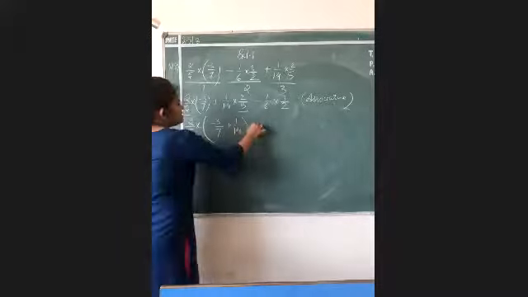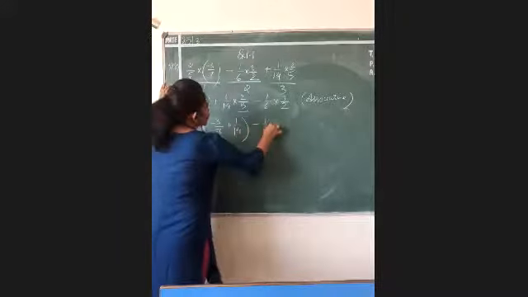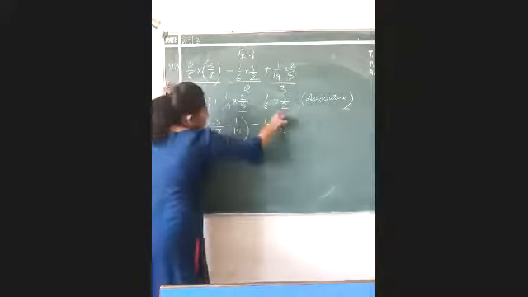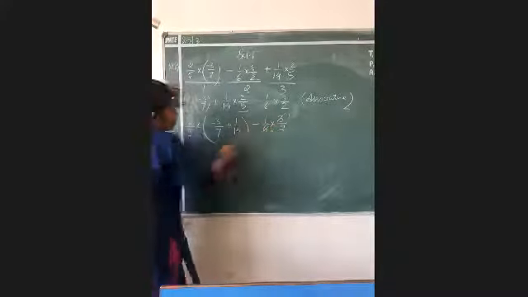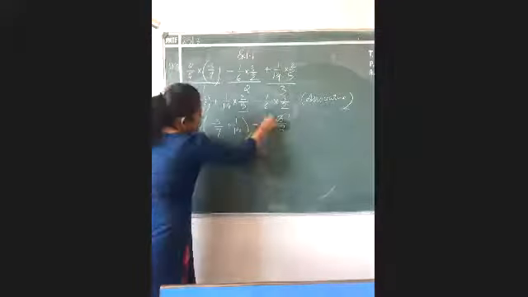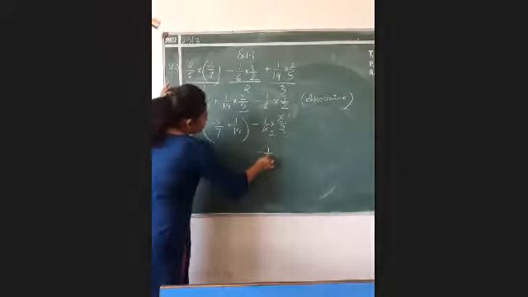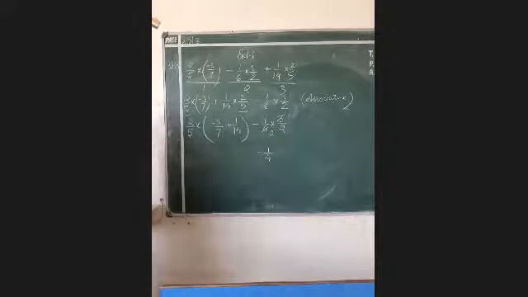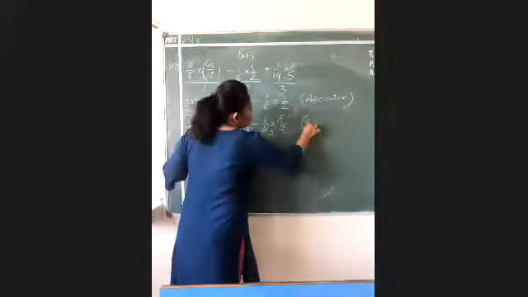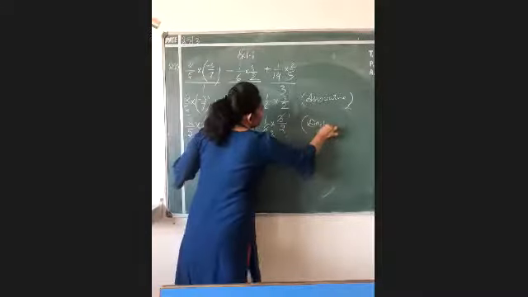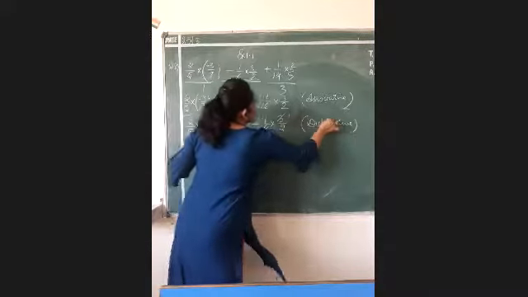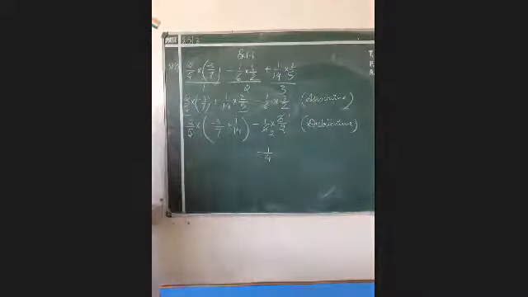Now the last step, that is -1/6 into 3/2. If I have to solve this one, 3 1s are 3, 3 2s are 6, it will also get cancelled. If you want, you can solve it: it will give you 1 1s are 1 and 2 2s are 4. I have written after simplifying. And this property, which we have done by taking it as common, was distributive. So don't forget to mention the name of the property. I've written over here, this is distributive property.